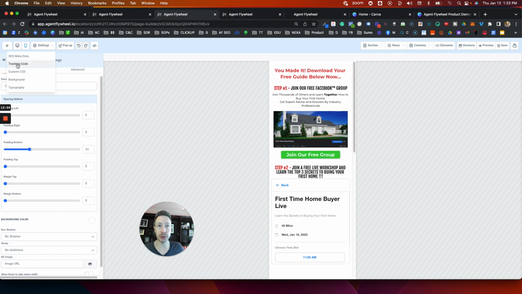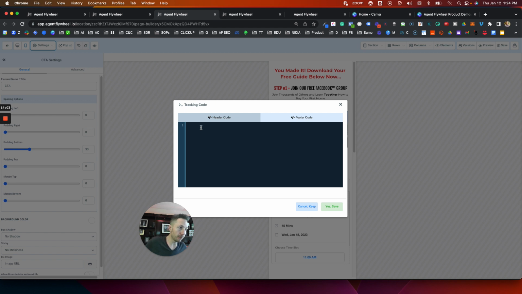Then we're going to get to our tracking code, custom CSS, background, and typography. Tracking code, this is going to be specific to probably some more advanced strategies, but a good use case is if you wanted to plug in pixel code, and you say, hey, when somebody gets to this stage of my funnel, I want you to fire off a Facebook pixel event that says,